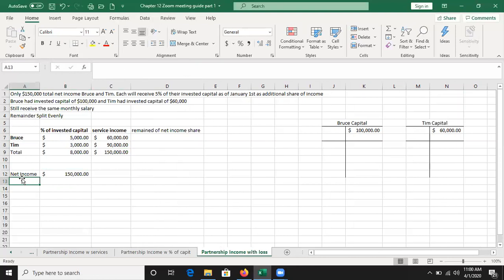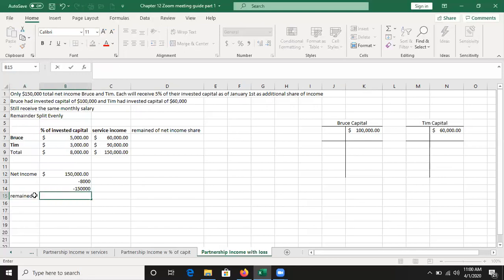All right. We're going to subtract the total invested capital share. So we're going to subtract the 8,000, and we're going to subtract the 150,000, the total salary share, service income salary. So what we're left with, the remainder,